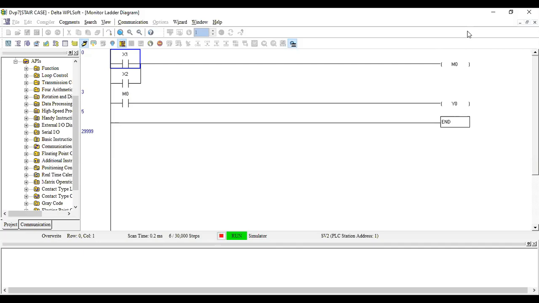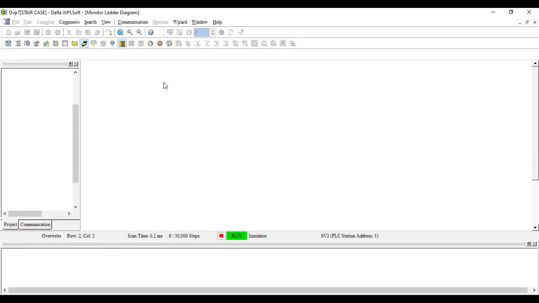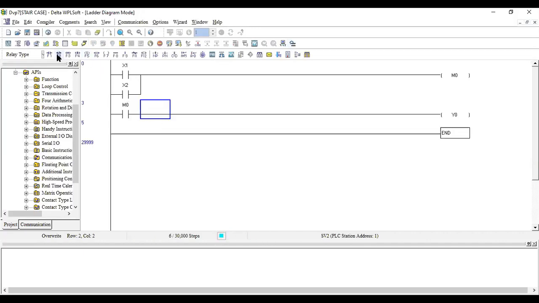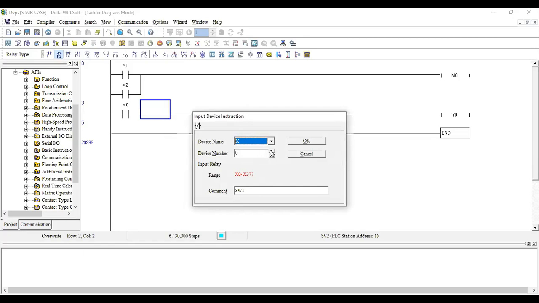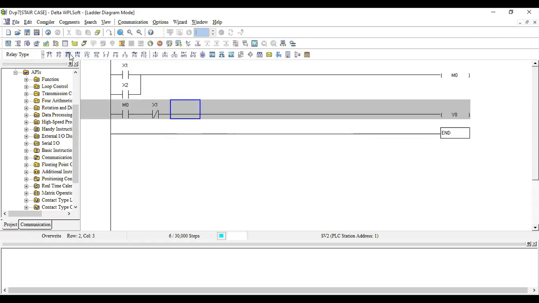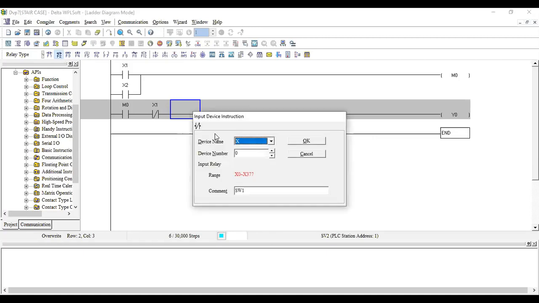After M0, we use a normally closed contact with X1 and X2. Okay, you use a normally closed contact with H1 and H2 both. Yes. Okay, we'll see it, sir. Normally closed contact of H1 and normally closed contact of H2.